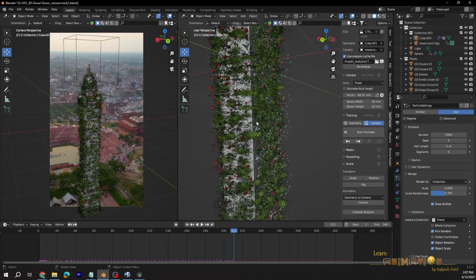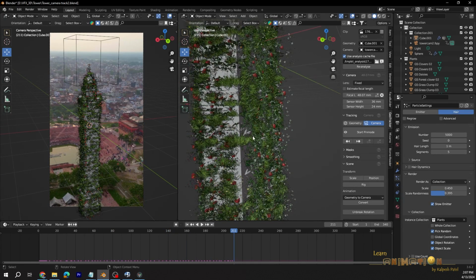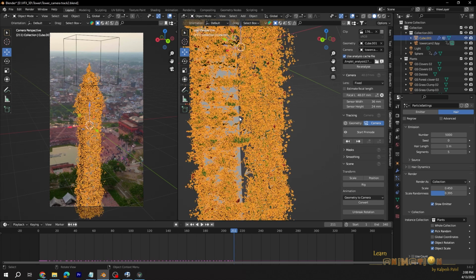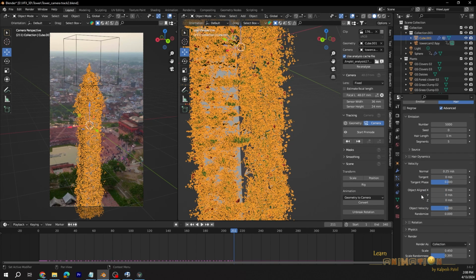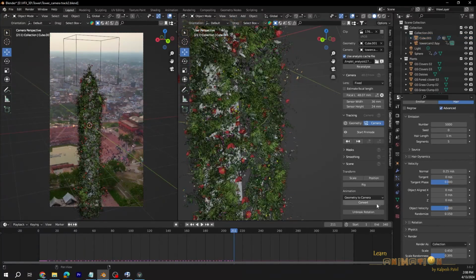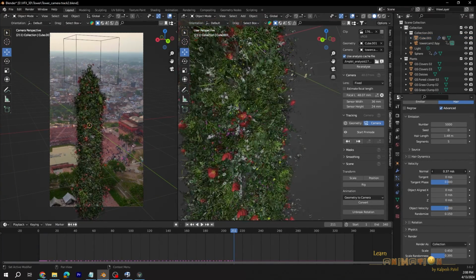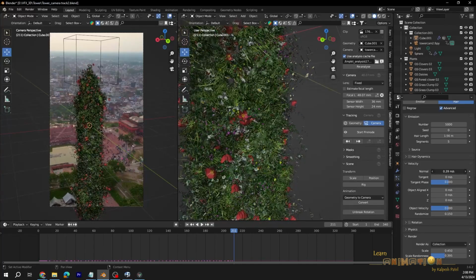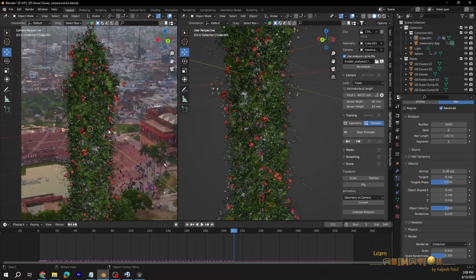Yeah, here you can see it is not looking perfect, so I think just select this one, particle system, go to the advanced and go to the normals, or the randomize. You can just randomize that and select the normal mode, so it will look more perfect.